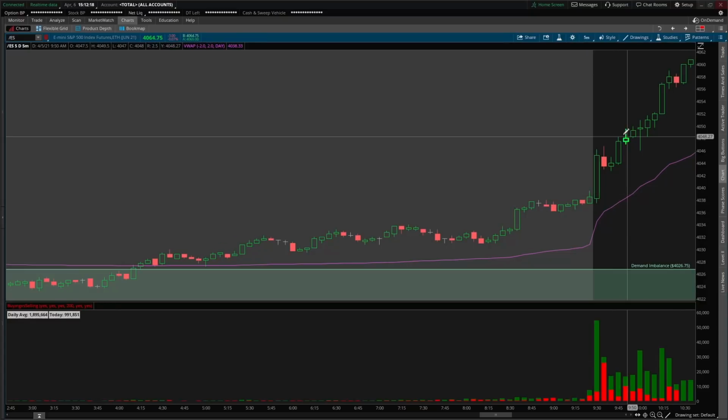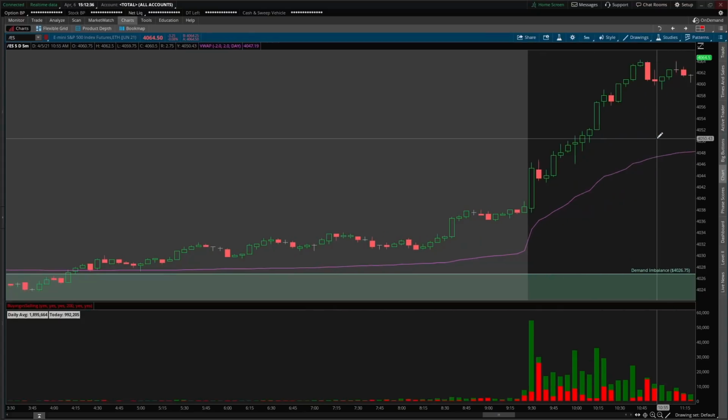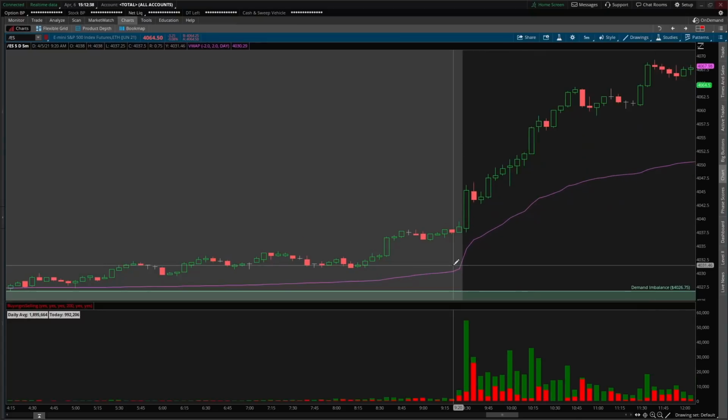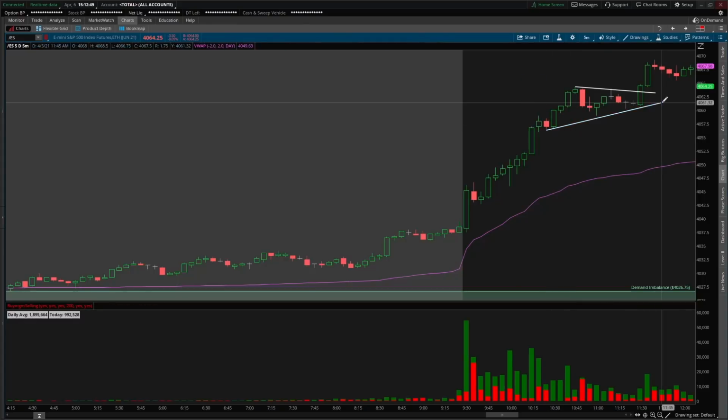And at any given point, let's just say I wanted to get long, anywhere in this area right here, I would have felt like I was chasing at any given moment, especially at a half number, 4,050. We could have sold off, then a quick push up, you would have more buying. If I got long up here, I felt like I was chasing. My risk to reward was skewed. Yes, we could continue to rally, and yes, it would have worked out, but it did not fit my criteria. And when I don't see my criteria and my strategy that I stress to the members all the time being hit, I'm a spectator and I sit on my hands being very patient.